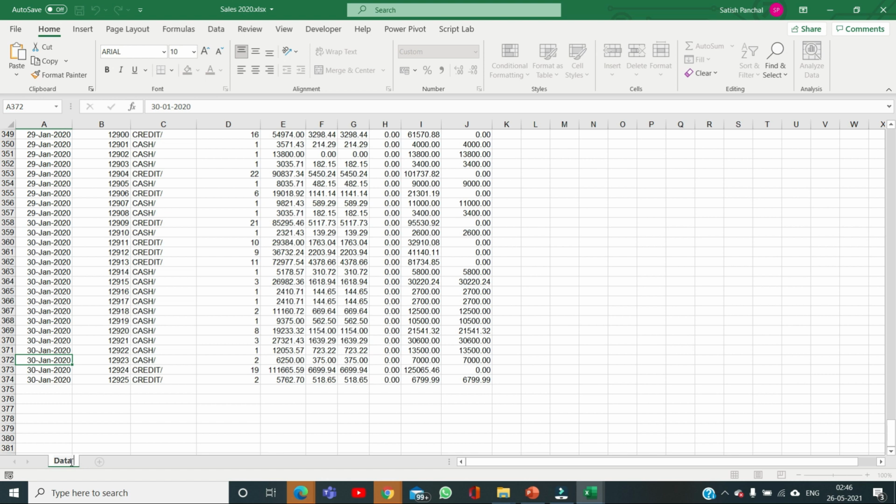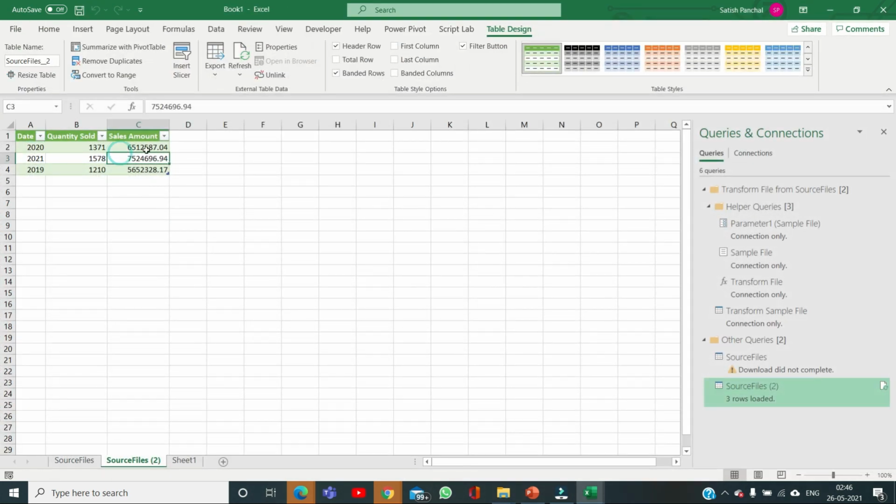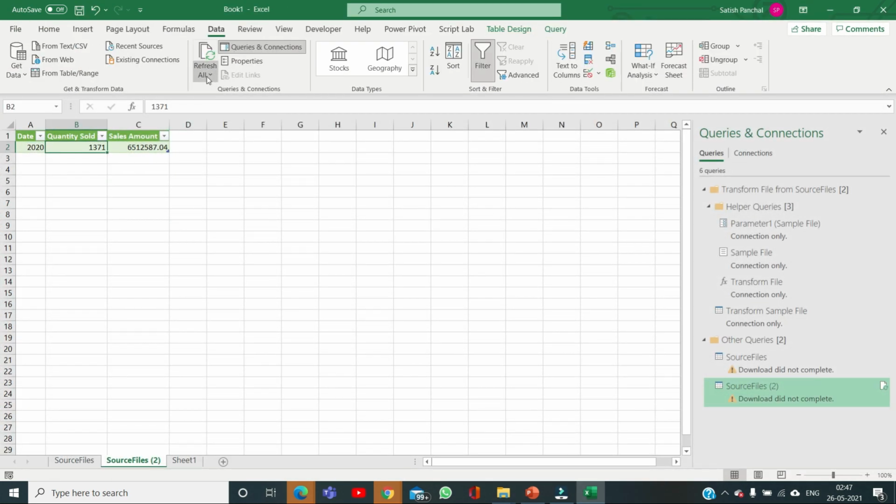You see here it is 20. I have changed the sheet name, and I will refresh my table. I'm going to refresh it. See, you can see that though we have changed the sheet name, still the data is imported.